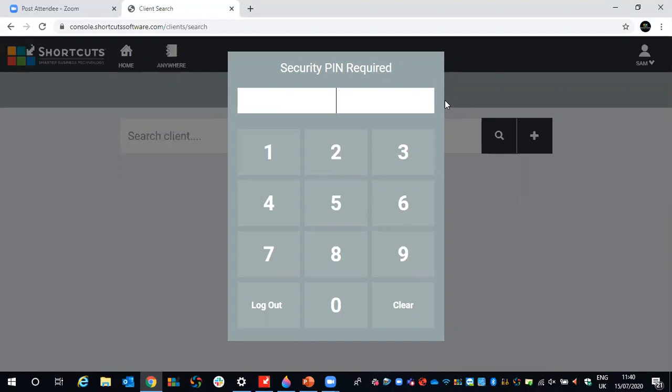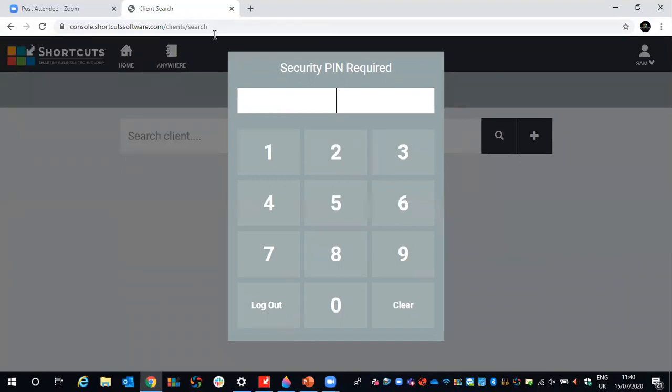So how do we get this onto our tablet? Now, some of you may be watching this thinking, that's great. I already have client information cards on my tablet. So all I need to do is just choose the relevant custom one. However, if you're watching this thinking, well, I'm going to buy a tablet, but I don't have client information cards already on my tablet. So all we're going to do is once you've got your tablet,